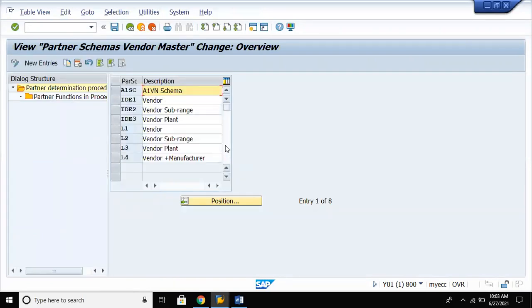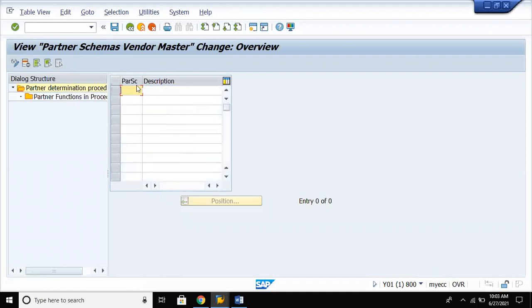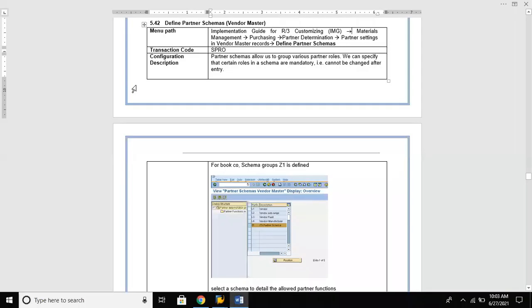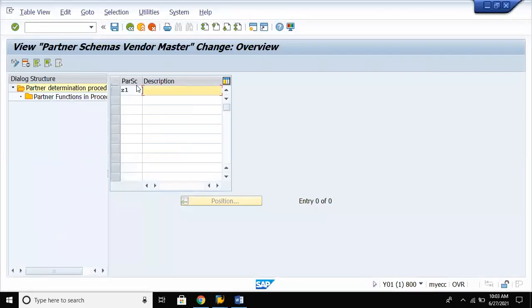Here, click on New Entries. Let's say Z1, that is our partner schema we will define. We write the partner schema for your company code PO1. Enter.